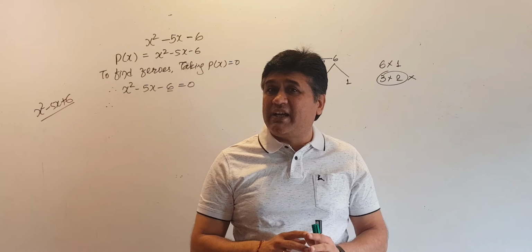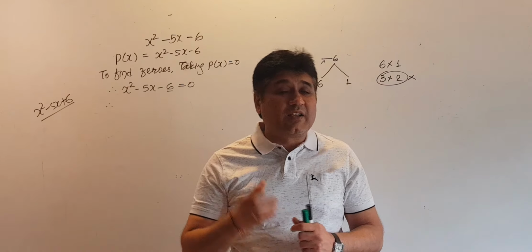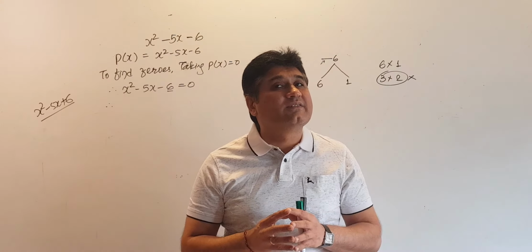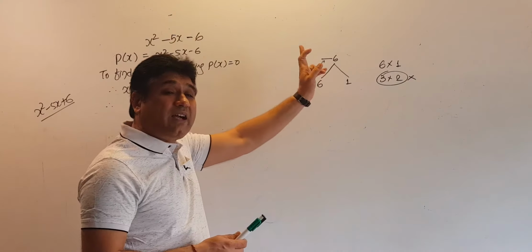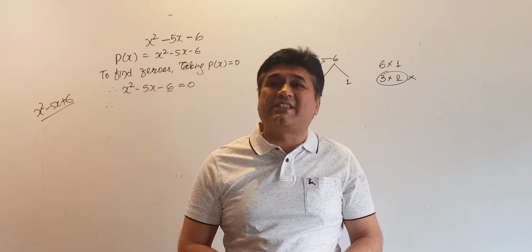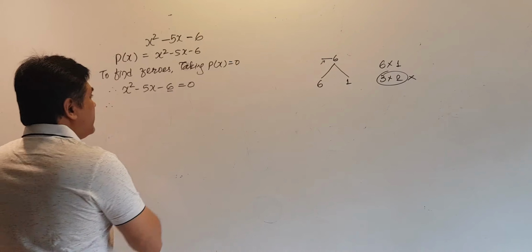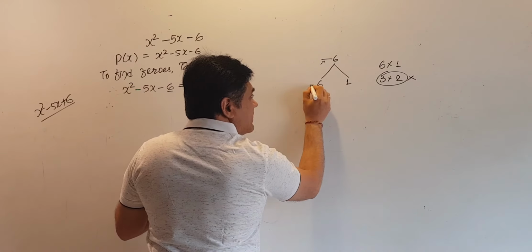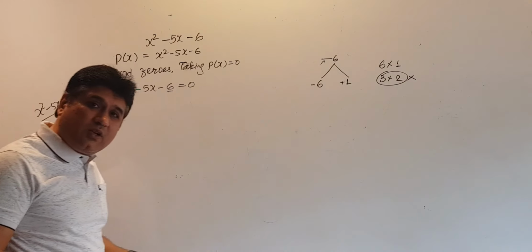Now which sign will be there? The contract to decide the sign is with the middle term. If the middle term is minus then both minus, if the middle term is plus then both plus. But that is when going to factorize a plus number, here you are going to factorize the minus number. So in factorization of minus numbers, the two factors would have opposite signs because it is the subtraction of 6 and 1, which is 5. Now the middle term is the contract, so what is its sign? Minus. So that will be assigned to the larger number or larger factor. So the opposite sign goes to the smaller factor.